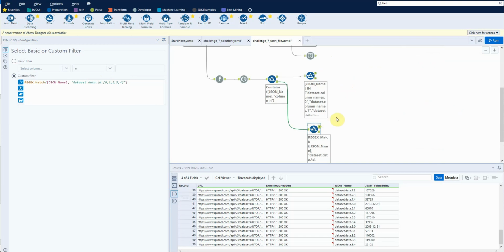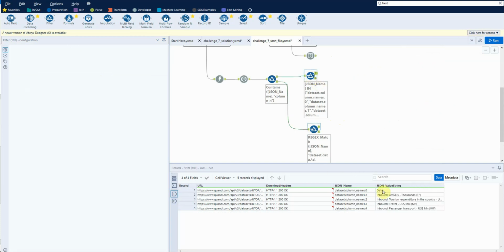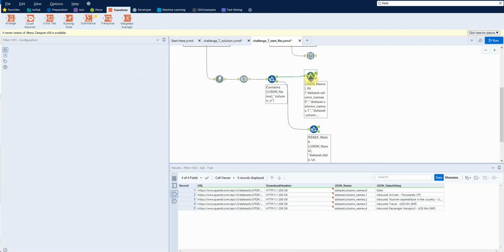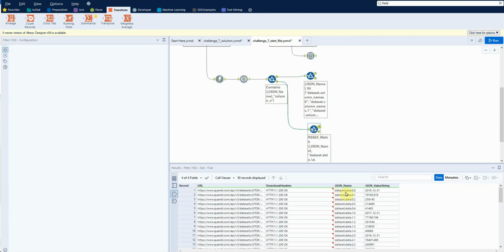So now we just need to merge it. I mean, here's the data, and then here's the columns. And so in order to do that, I'm going to do a crosstab transformation. But before I do that, knowing that I'm going to do a crosstab, I need to match it somehow with one another. What I mean by that is I need a unique name. So here one unique name is dataset columns underscore names dot 3. Unfortunately here it's called dataset dot data dot 0 dot something. So we're going to have to give this